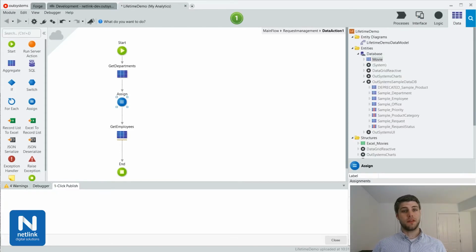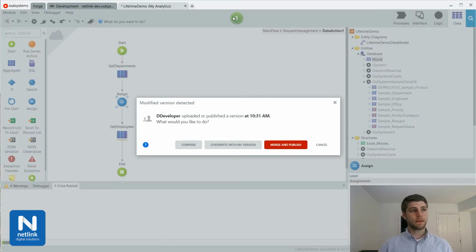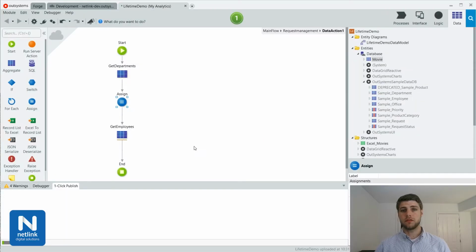Another example of the compare and merge tool is when a developer is working on a module and cuts and pastes an entity within that module. If developer 1 and developer 2 are working in the same module and developer 1 cuts and pastes an entity and developer 2 goes to publish his module, the modified version detected window comes up. We can compare these two versions together,